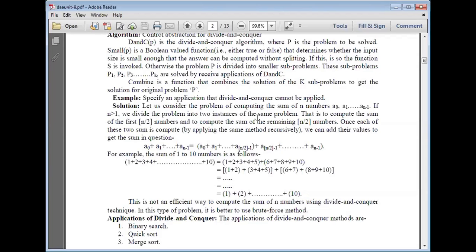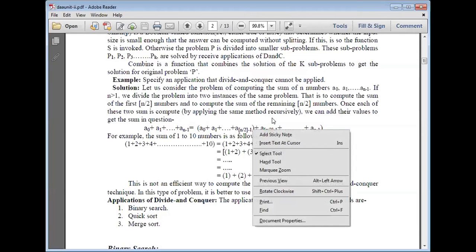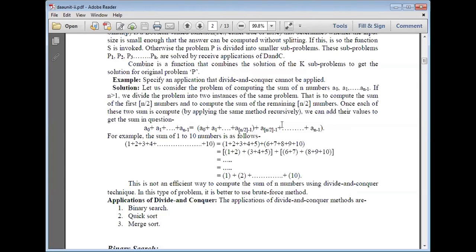Once each of these two sums is computed by applying the same method recursively, we can add their values to get the sum in question. So we are combining the values a0 to a(n/2 - 1) and so on. Like this, we can combine.